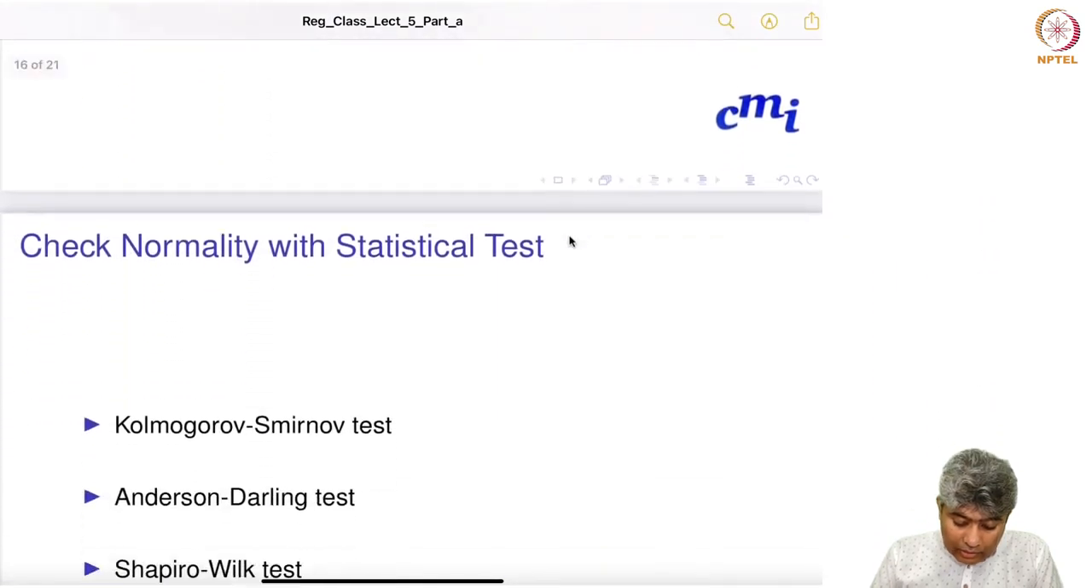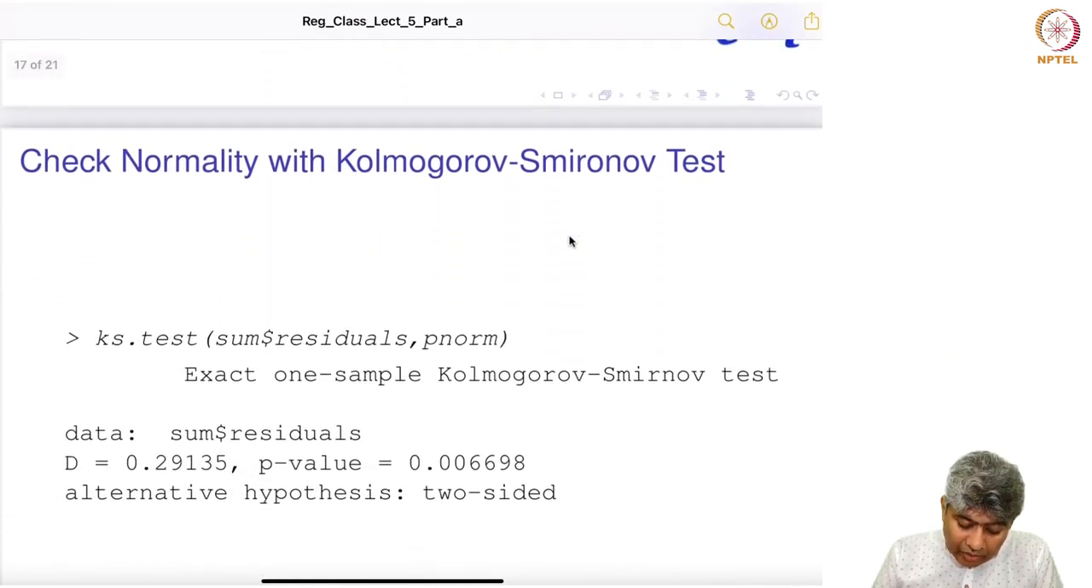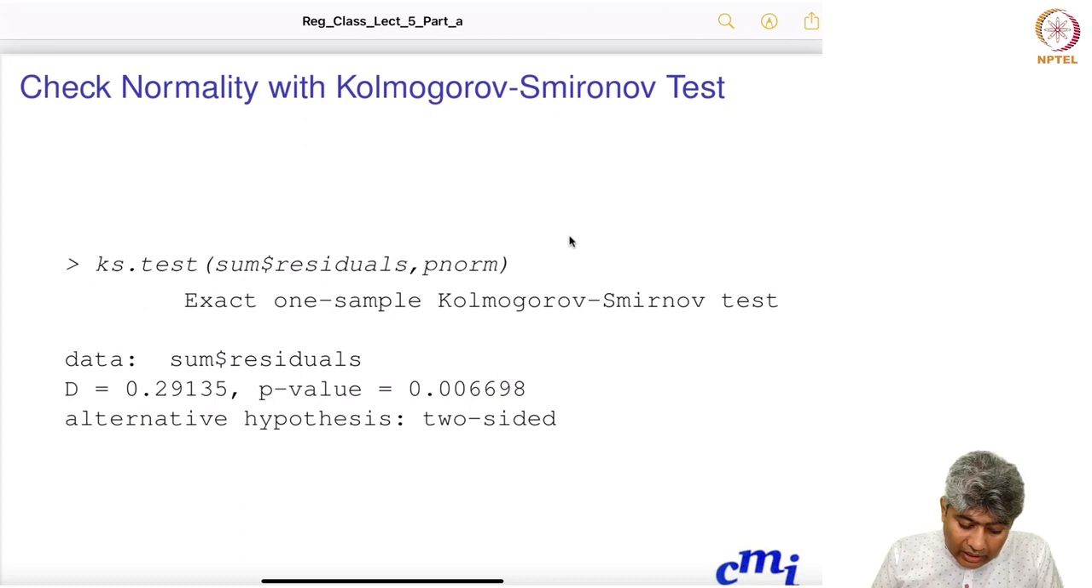Other than the Kolmogorov-Smirnov test, there is also the Anderson-Darling test and the Shapiro-Wilk test. There are also other tests available. So I did run the Kolmogorov-Smirnov test for the residuals, and that is basically ks.test. I just subtracted the residuals and then gave that pnorm. Basically I'm asking the Kolmogorov-Smirnov test to run against normality, and an exact one-sample Kolmogorov-Smirnov test was run, and